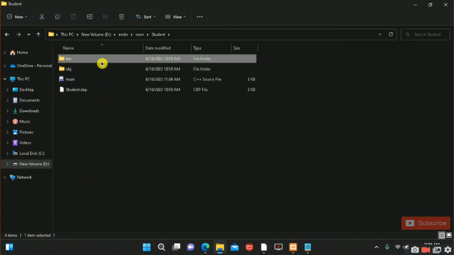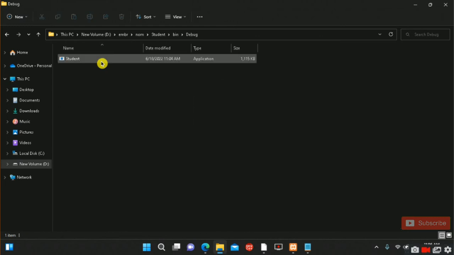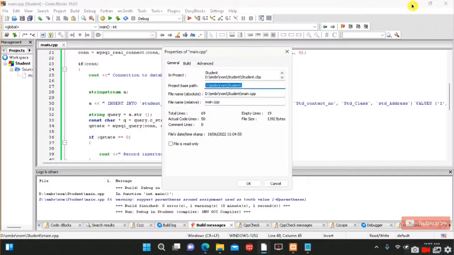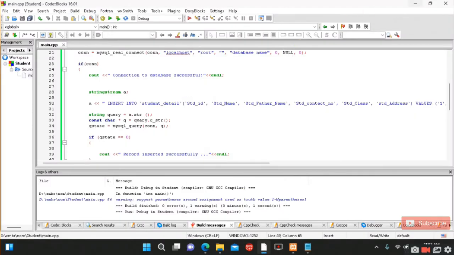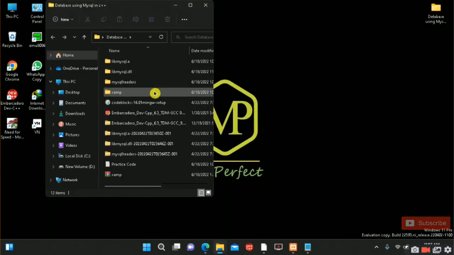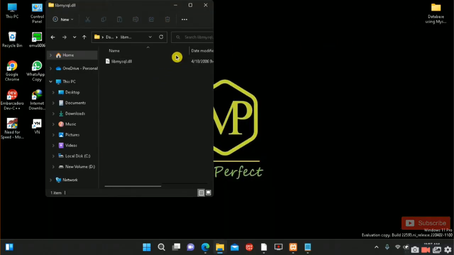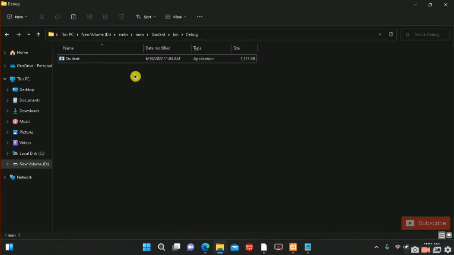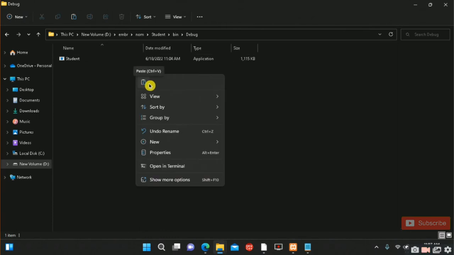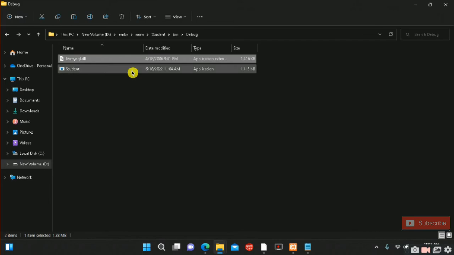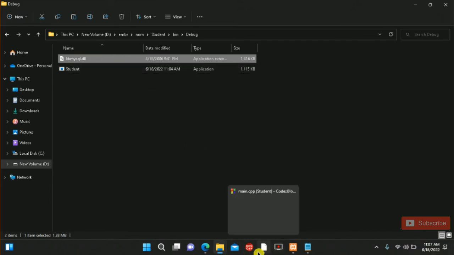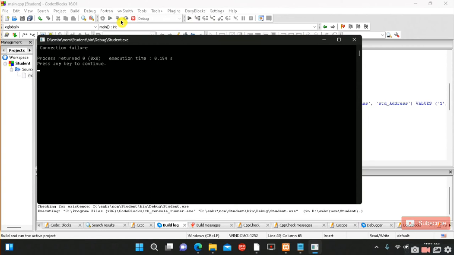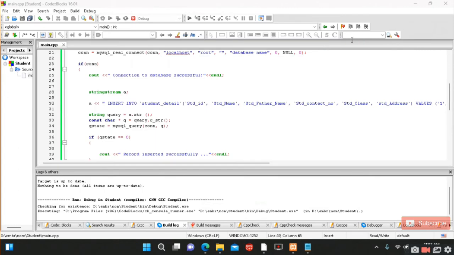Then open your bin, debug, and copy this DLL file and paste it on your code execution file there. Then again you will run your code, then you will see connection failure, error was missing. Okay,